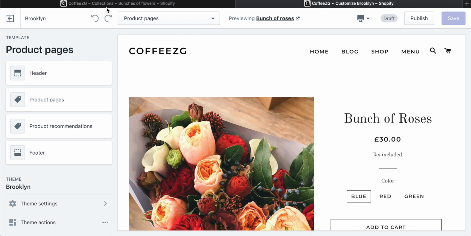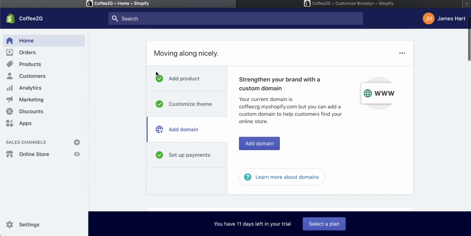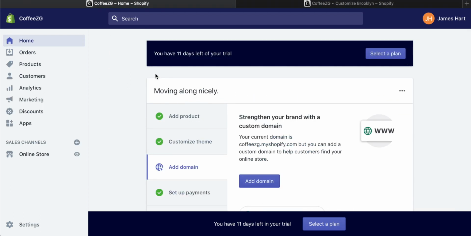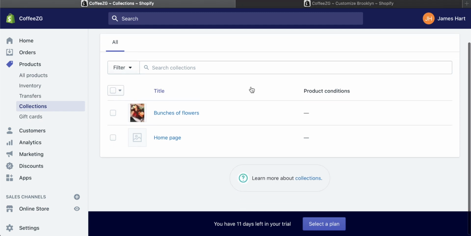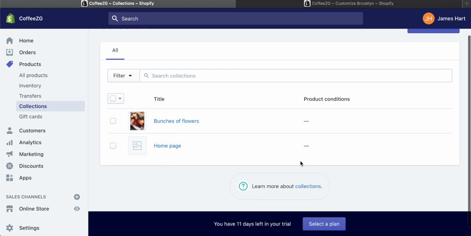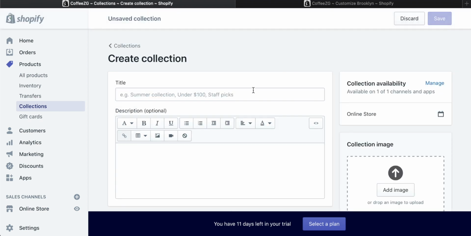Firstly, we need to add some collections. So you want to go back to your dashboard. So let's just click on home. This is your Shopify dashboard right now. Let's go through to products and we can go through to collections, and then we can add a collection. You can see I've got two collections in here already. So I want to go up to create a new collection, and then it's going to ask us for the